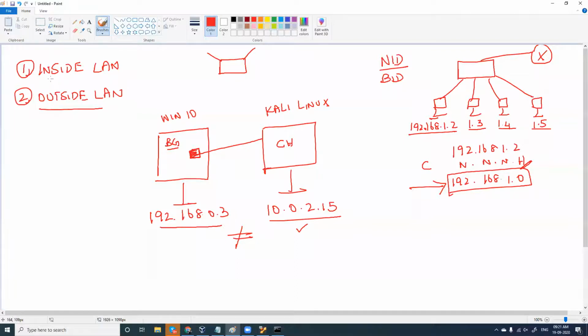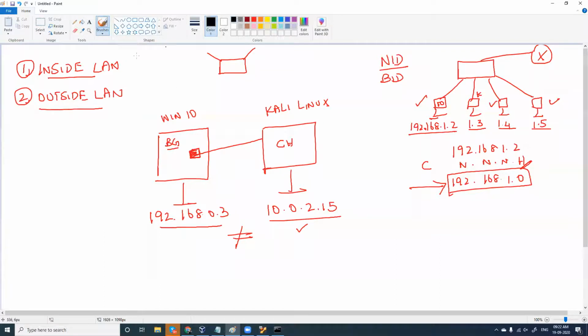But in case you want to look at Kali Linux as a computer which is inside your LAN, like this is my Windows 10 and this should be my Kali Linux. For most of the cases in the initial stages, we want Kali Linux to be in our LAN. Why? Only then you can scan all the computers, you can see what other computers are doing and a lot of different things.